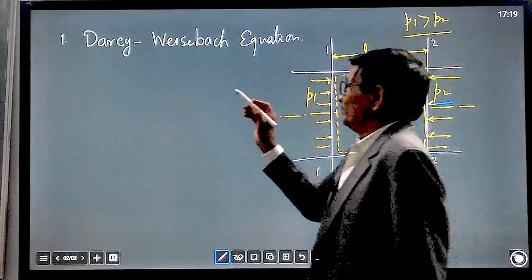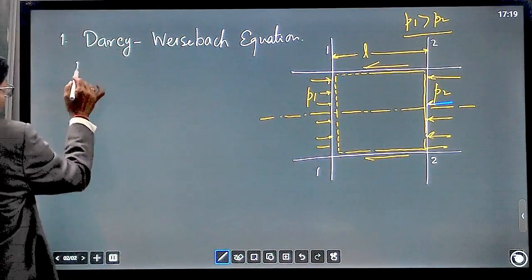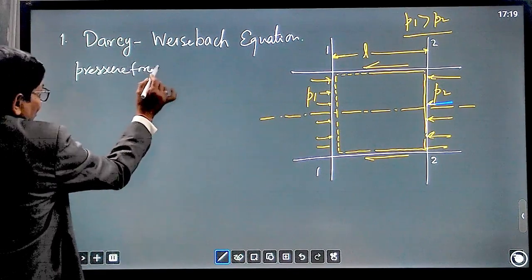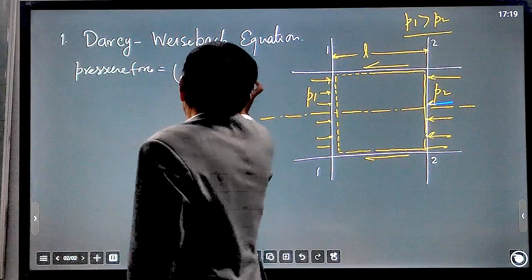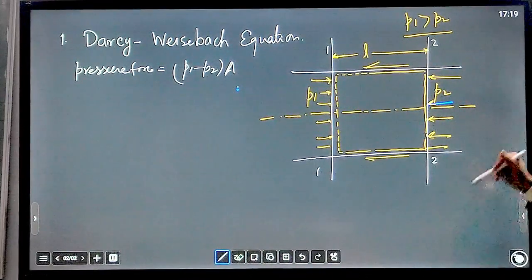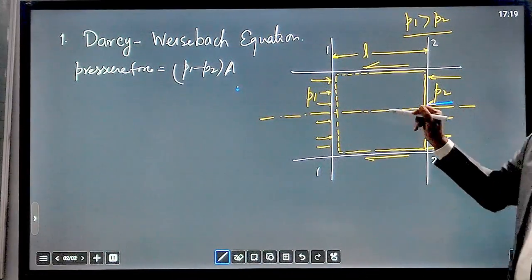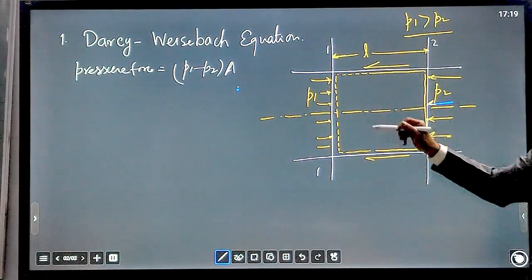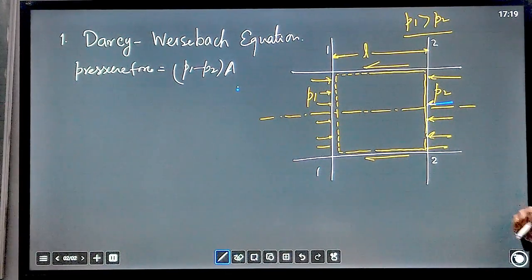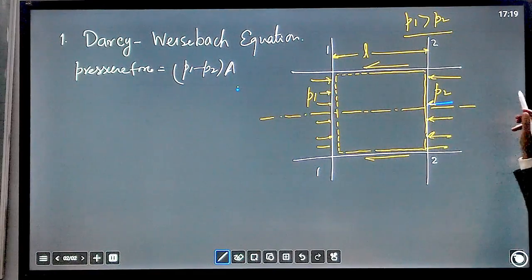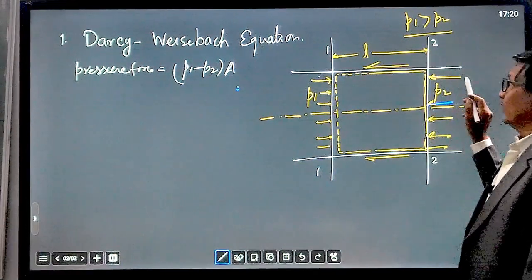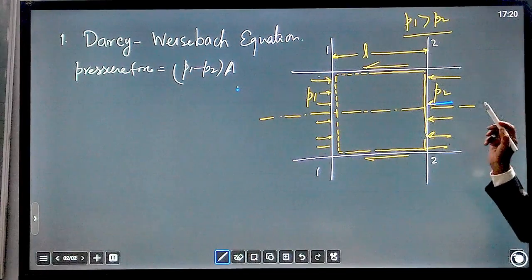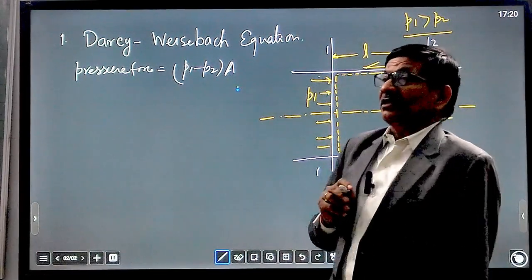So what is pressure force? Pressure force is equal to P1 minus P2 into area. And this pressure force will be dissipated in overcoming frictional resistance when fluid flows from section 1 to section 2. So what is the frictional resistance that fluid has to face when it is moving from section 1 to section 2? So frictional resistance, on the basis of Darcy's